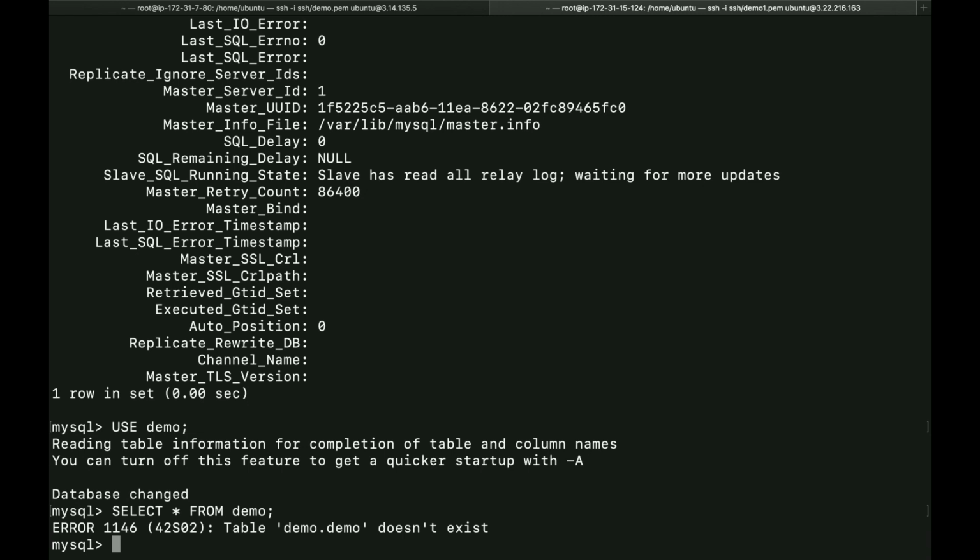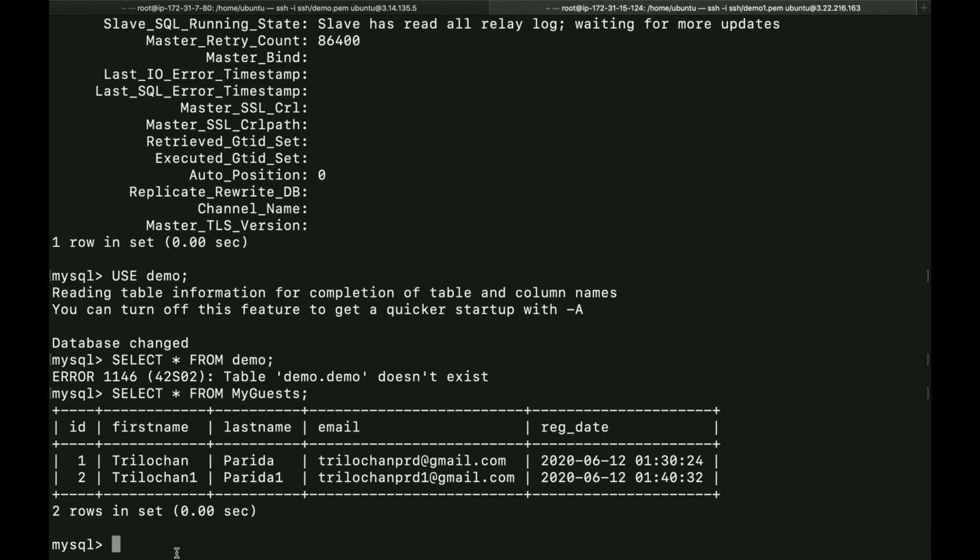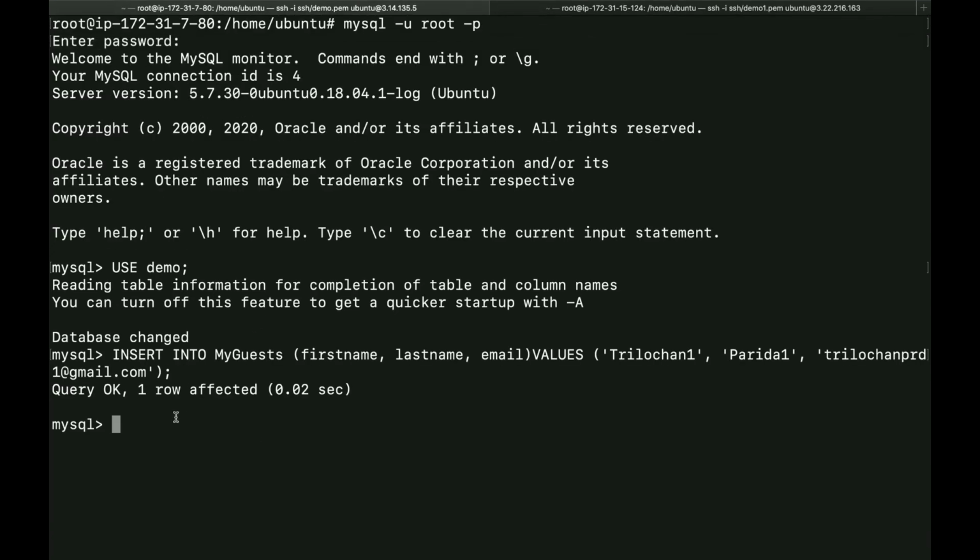So select star from my guests. And yes, now you can see the same data, Trilochen 1, Parida 1, is reflected in the slave server also.